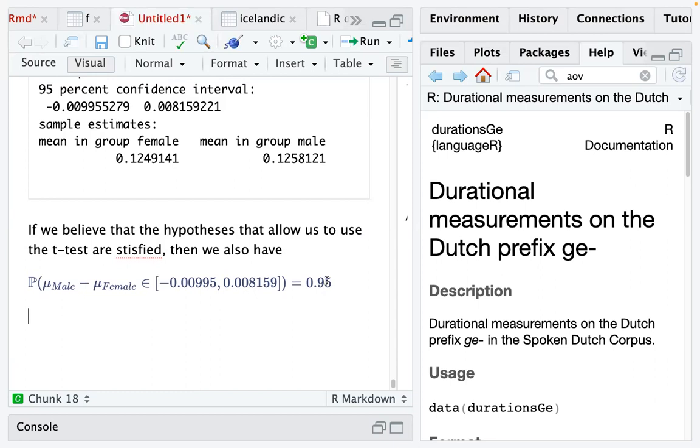But confidence intervals are more general, so you can make an interval for every unknown quantity. So if you have an unknown quantity, say x unknown,